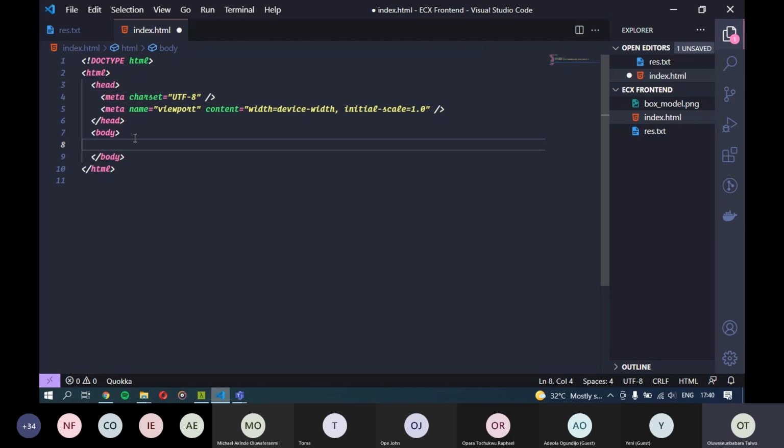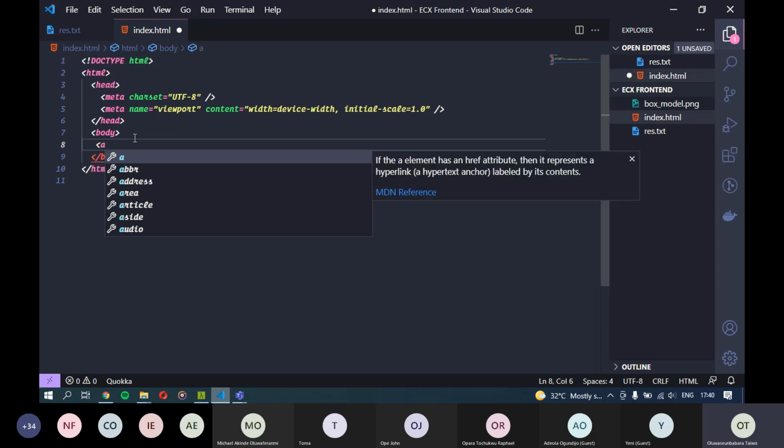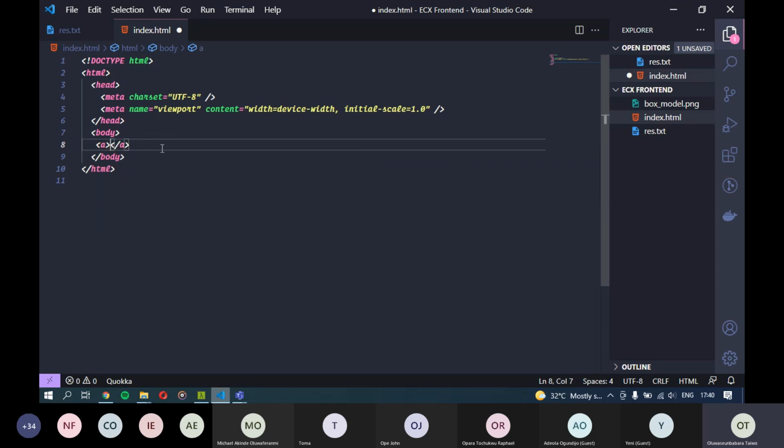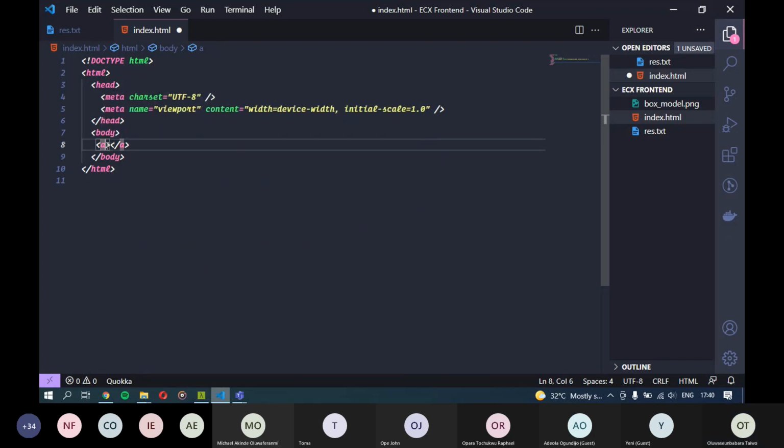So how do you do that? We use an A tag, letter A. As we've been doing, you open the tag, you have A, then you close the tag. But remember I spoke about attributes earlier on. Since this A tag is for linking, we need to tell it where it is going to link to. Because if you don't tell it, how is it going to know where it's supposed to link to?